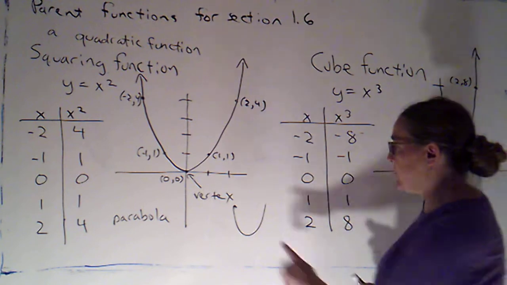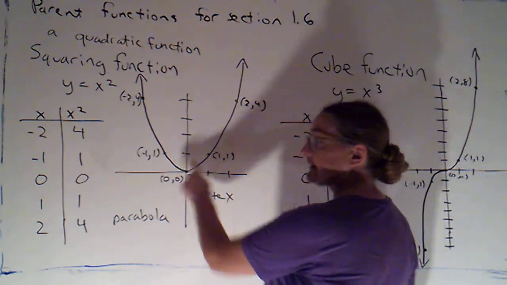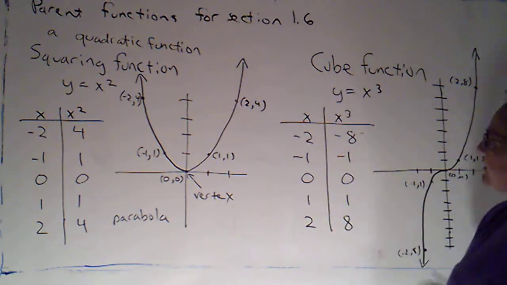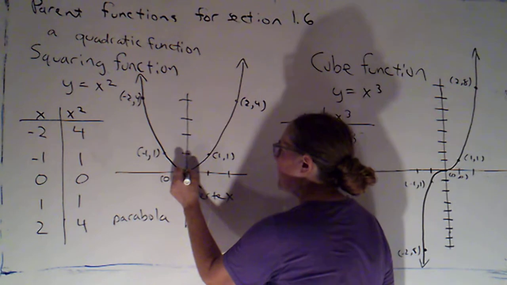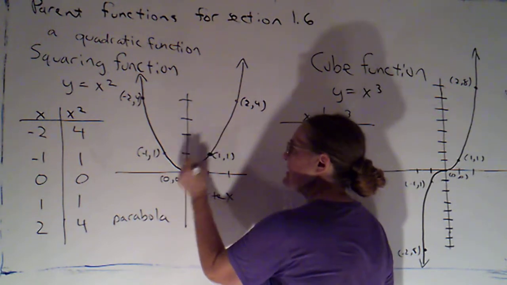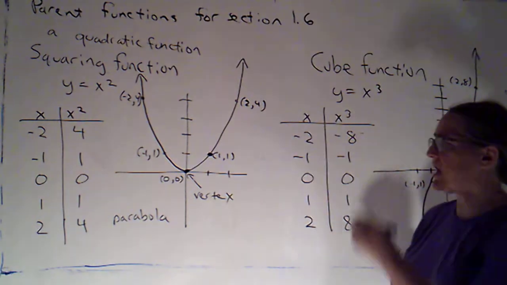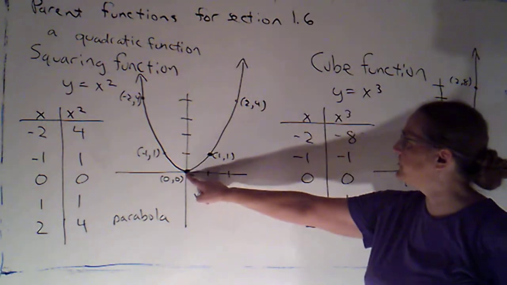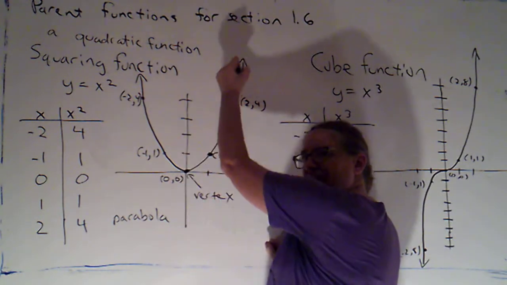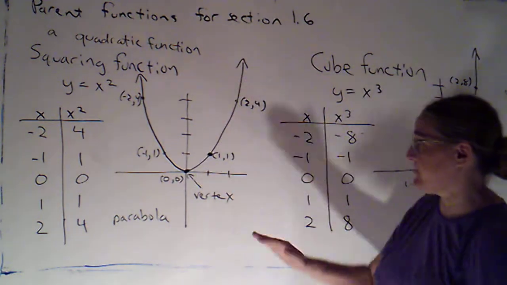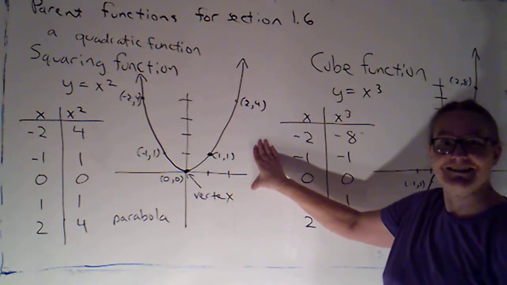Now, that's not to say that we're going to abandon plotting points entirely. It's very useful to know exactly where the vertex is. But if I know the general shape of this graph, just having this point here and this point here are pretty much enough for me to get the basic shape. I know it's got to be a U with this vertex, and this point sort of determines the curvature of that, and then knowing that it's a U shape, that I'm not connecting those points with a straight line, I am able to get things. Okay,